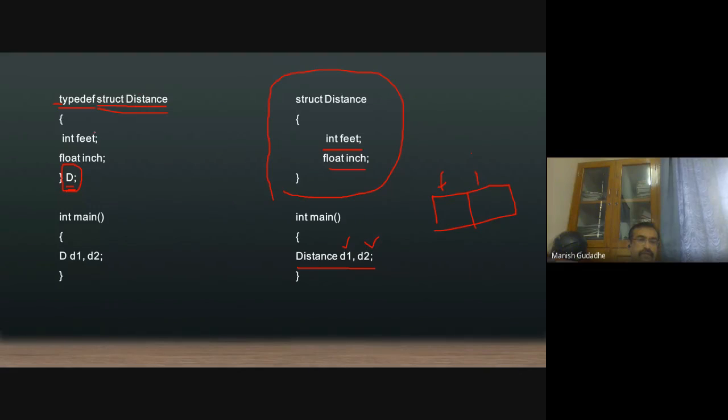We are defining distance with feet and inches, but instead of writing distance everywhere, I will provide a smaller name to it, that is d. So now d can be further used. As distance is now type defined as d, d1, d2 will have exactly the same effect as the earlier declaration. So you can use typedef when you want to avoid writing the name of that structure a number of times.